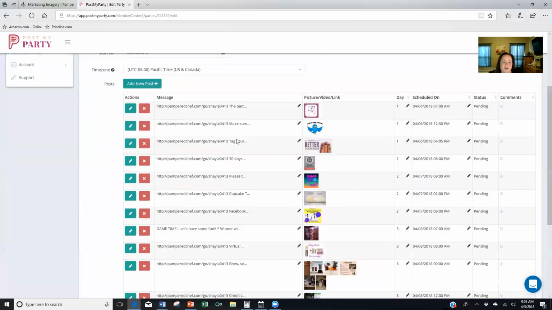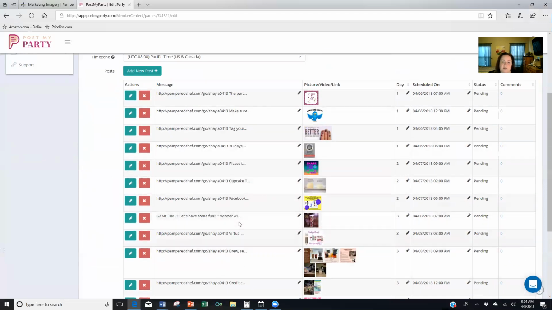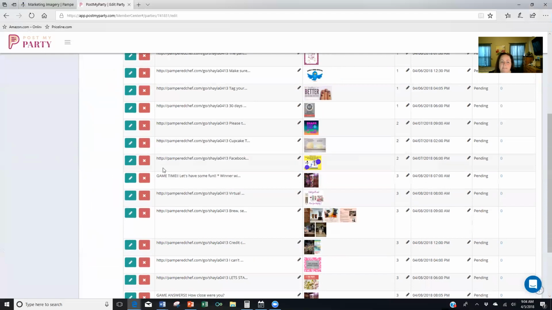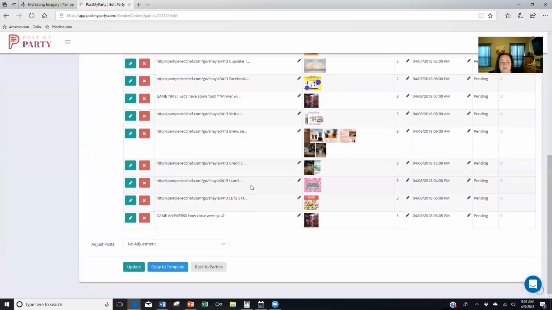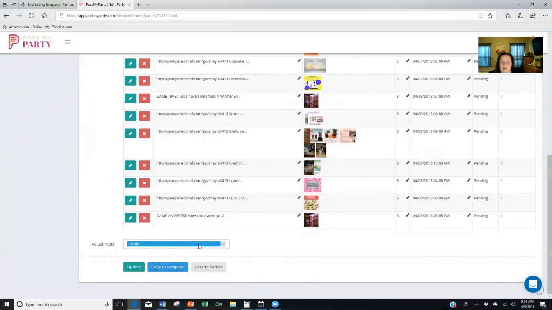And here's where you're going to adjust. Now, if I knew these were going to be duplicated, it would automatically pop up in big, bright yellow. Usually it's the games, duplicated posts. It didn't happen here. However, because I know I have 5 parties I'm setting up, I'm adjusting everything by 1 minute. So on your second party that you created in Post My Party, you're going to scroll down after you've created it